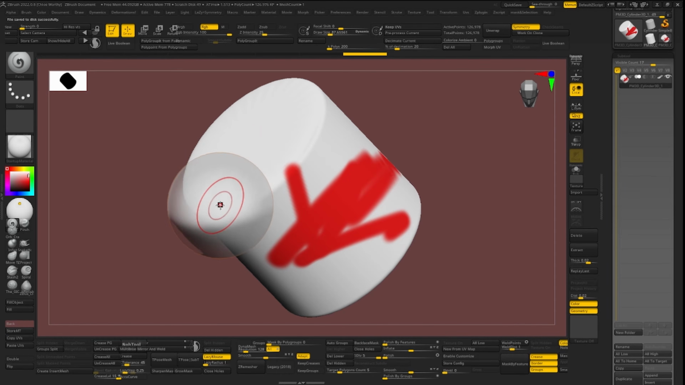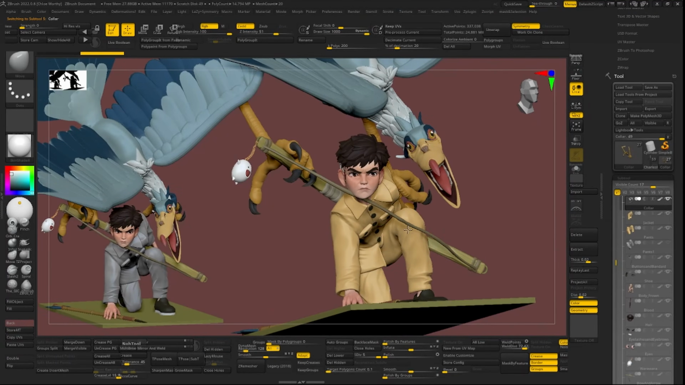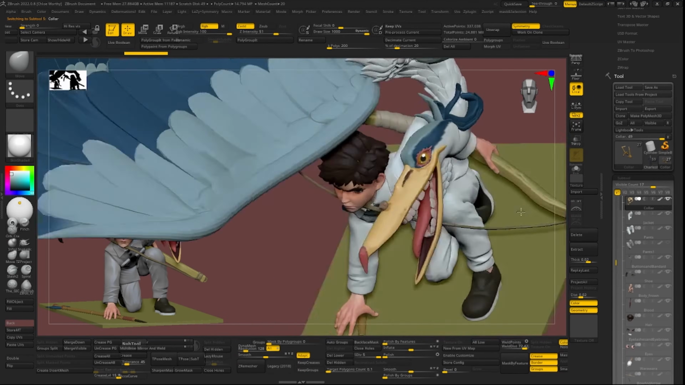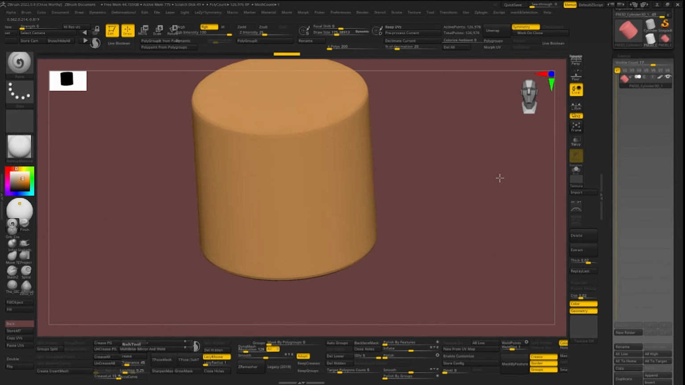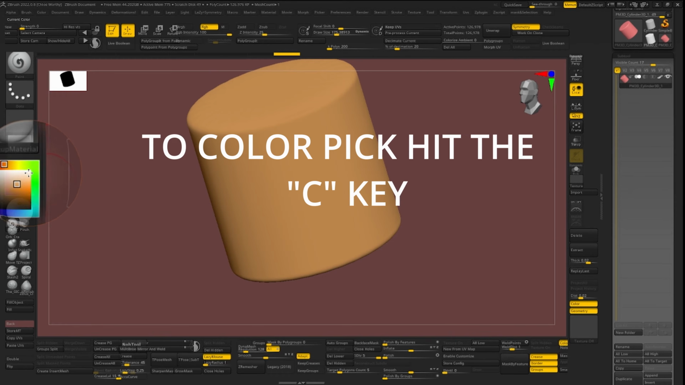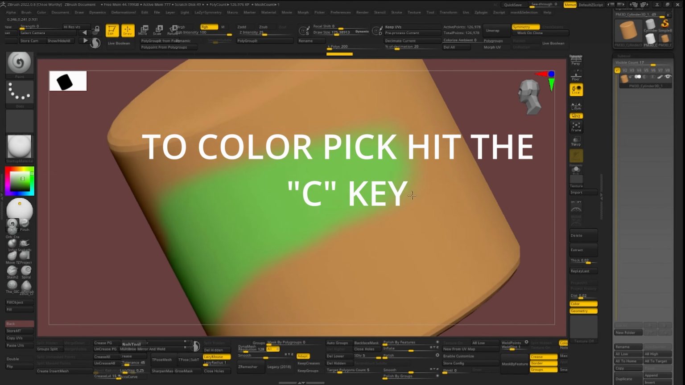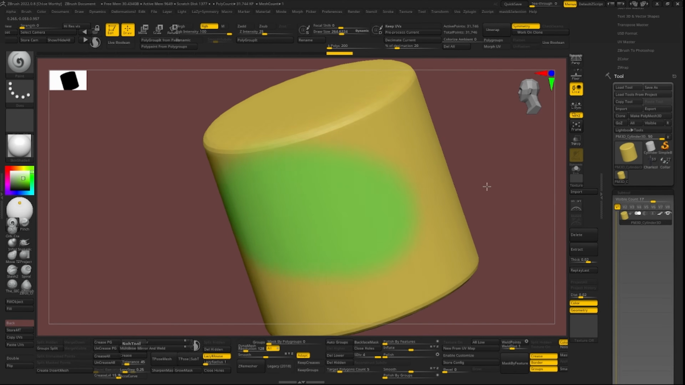Oh, Chloe, I might not need this. Well, you might, when you have 60 subtools. I'm just going to fill it with a skin color, and then we'll get started. Oh, and to color pick, you just use the C key or wherever you can select the color you want,